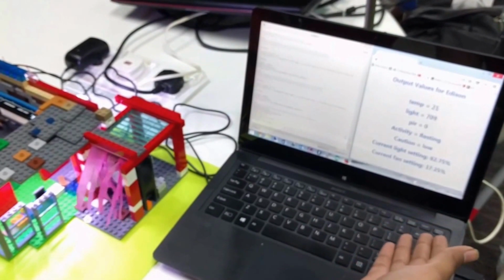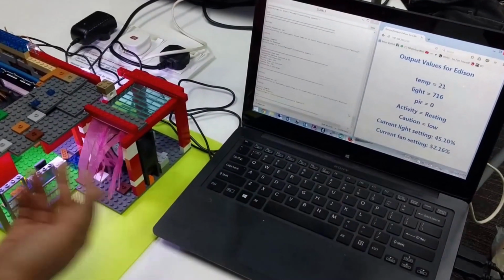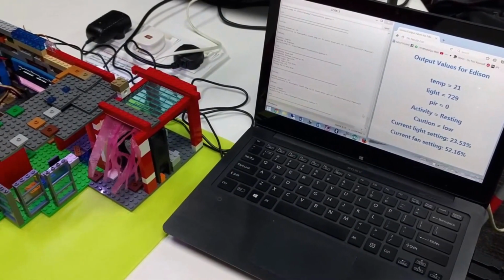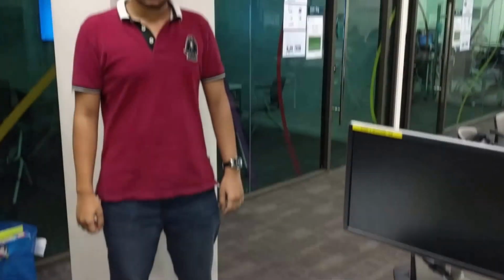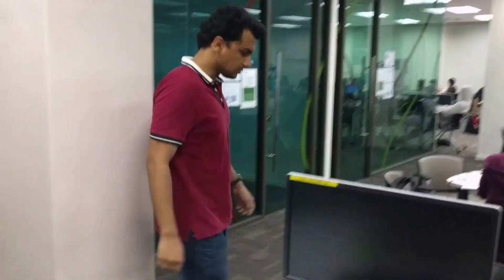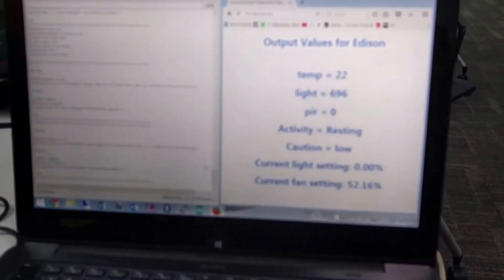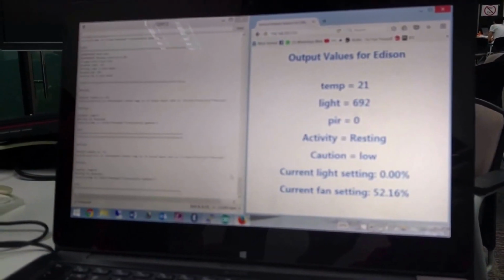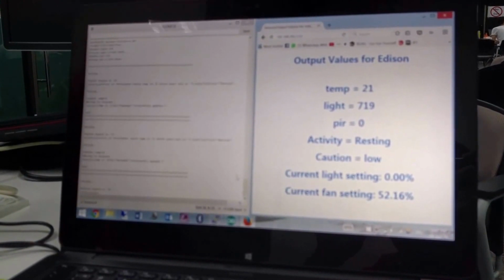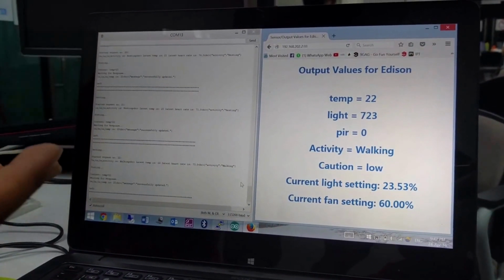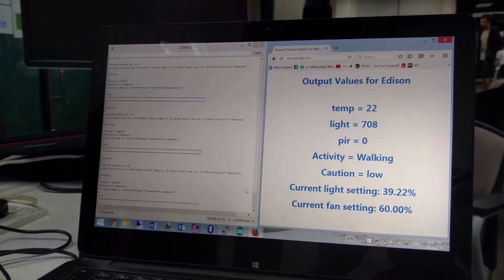and the values are changing, and this is based on the resting context and the sensor values connected to the Edison. So now my good friend there, he will start walking, and we should see the context changing into walking. And then he's gonna sit down. So now we should be seeing, as soon as the Edison refreshes, it should fetch the walking from the cloud as it has done right now. And once he stops walking, as he did by sitting down, it should go back to resting.